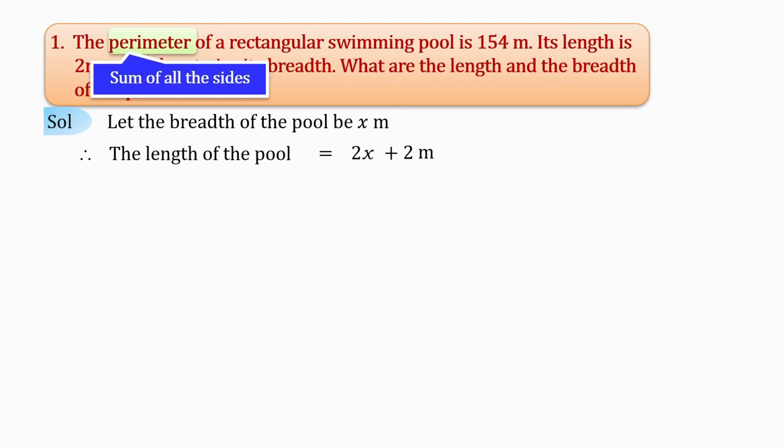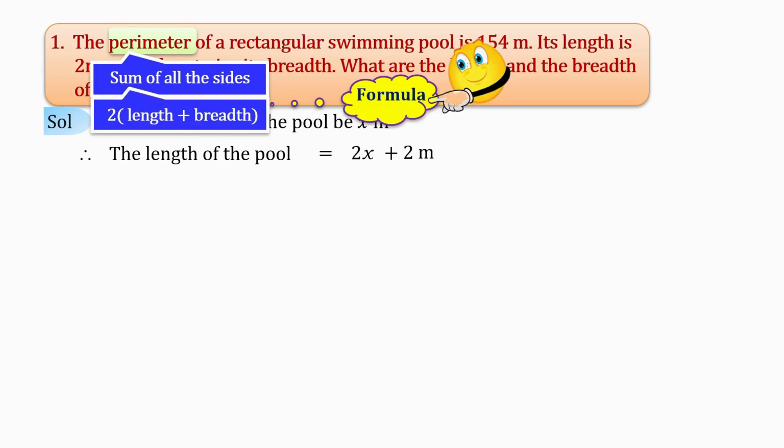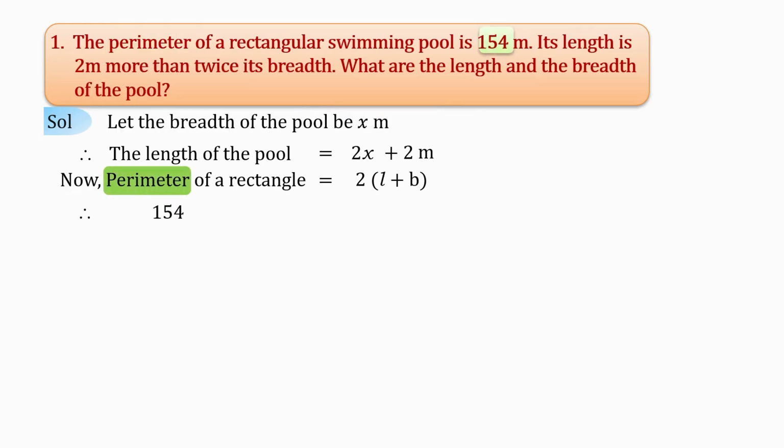Now perimeter here is given. Perimeter means sum of all the sides. We know the formula of the perimeter of a rectangle, that is 2 into (length plus breadth). So the perimeter of the rectangle is equal to 2 into, within bracket, L plus B. Now perimeter is given, that is 154. So 154 equal to 2 into,